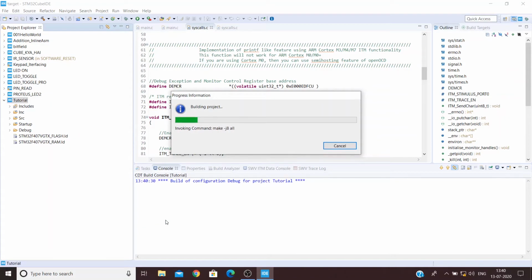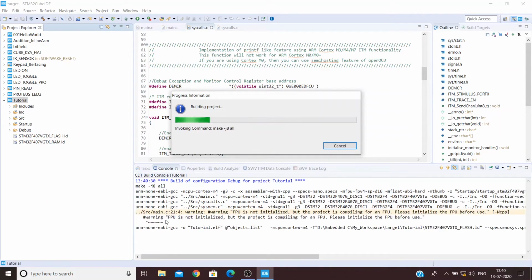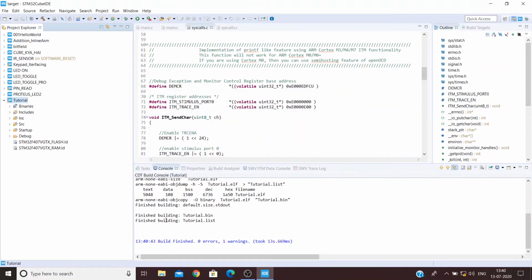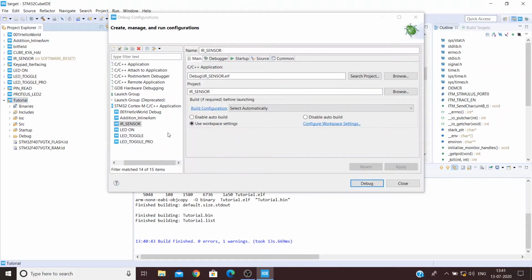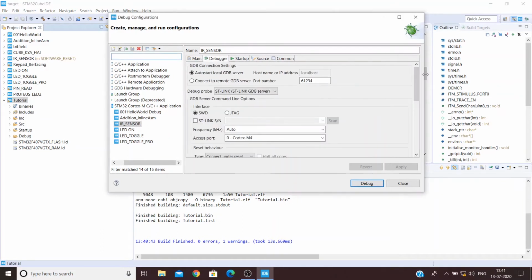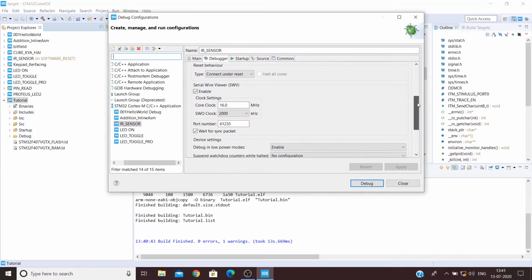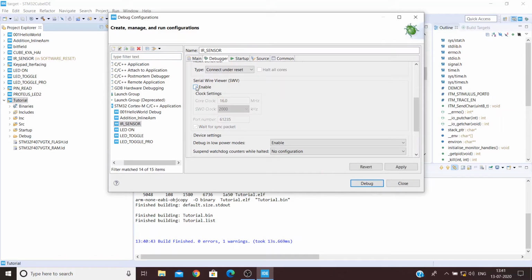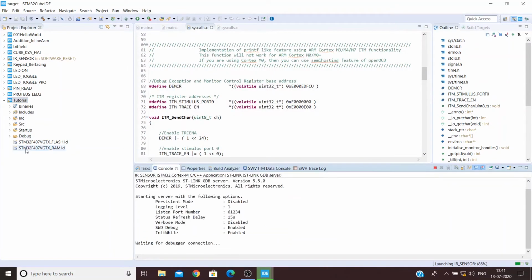Here's a warning because I had not connected the device. By this time you need to connect your device, and under debug configurations, in the debugger settings, enable SWV. It is very important, guys, do not forget. Then hit debug and switch to the debug perspective.